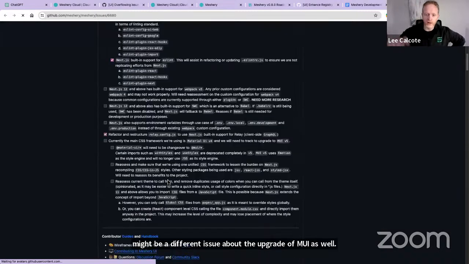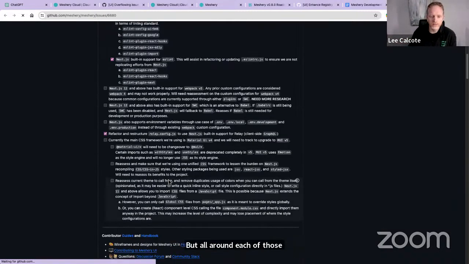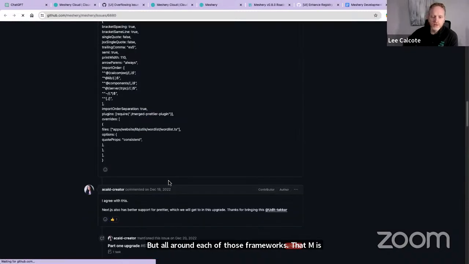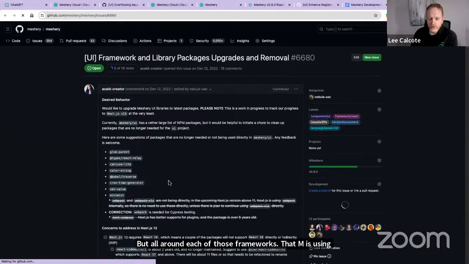But all around, each of those frameworks that Meshery is using, Meshery needs to be using later versions of all of them.